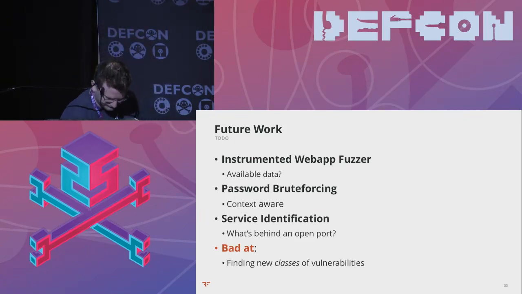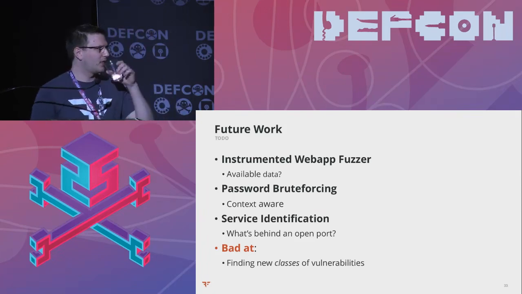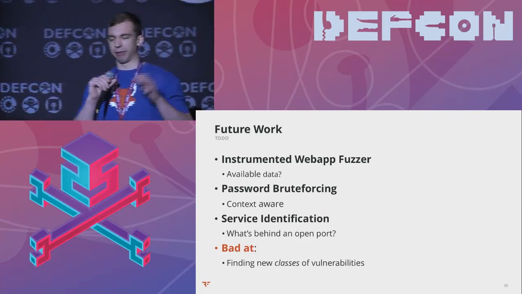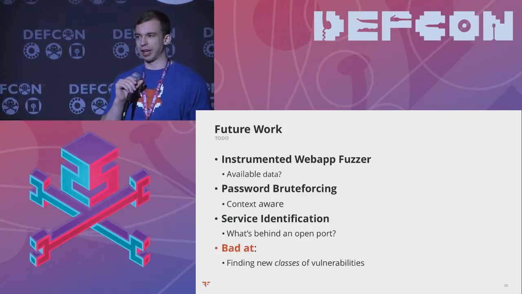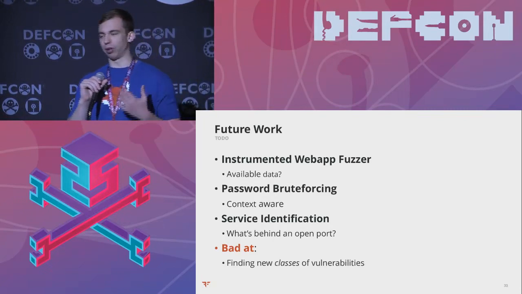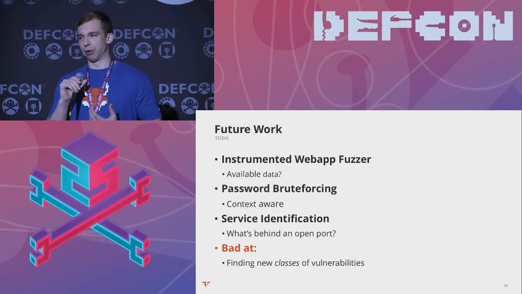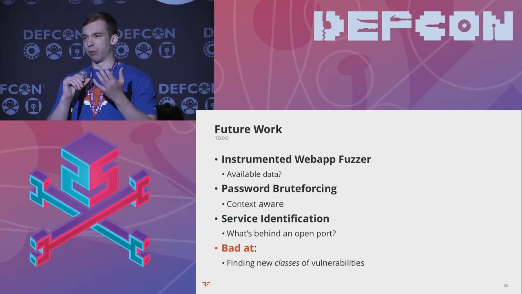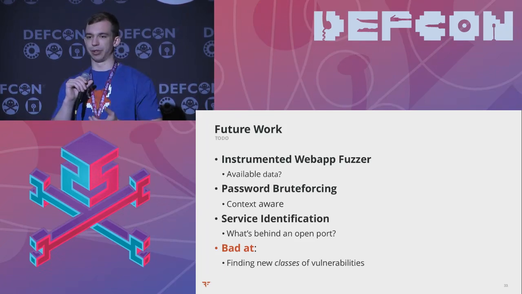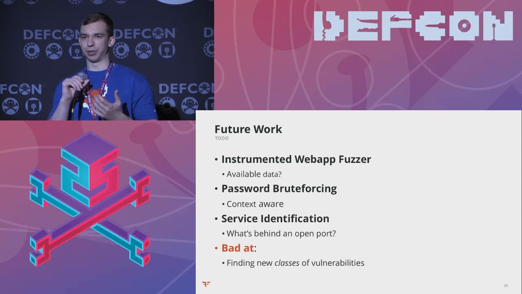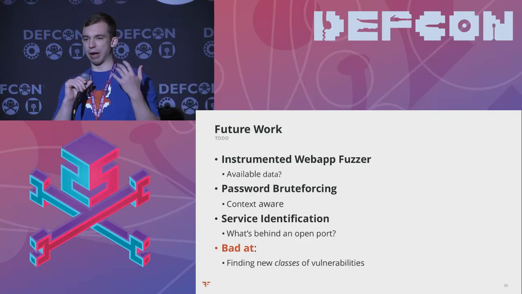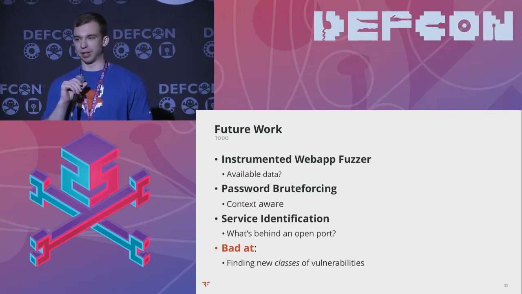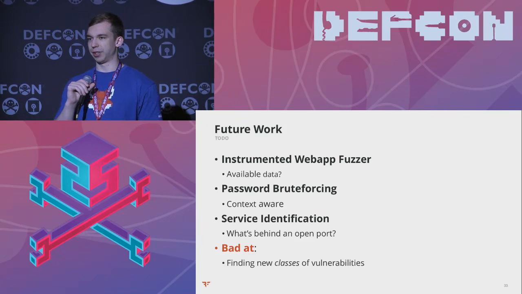Yeah, and like I was saying before, there's a lot of hype about this kind of stuff. There's tons of media coverage about it. It's in Hollywood and all kinds of stuff. All these AI programs. But what it's actually kind of bad at is discovering a new class of vulnerability, right? AI isn't really going to, at least in the short term, be able to discover new types of vulnerabilities. It's probably not going to be able to find some kind of new crazy injection flaw that we just don't know about.